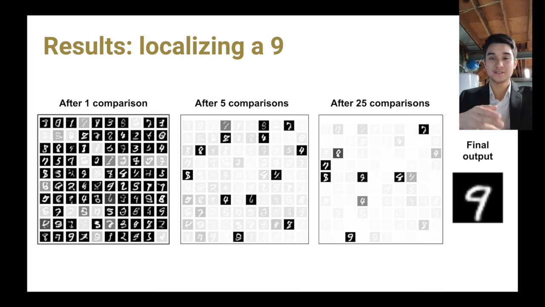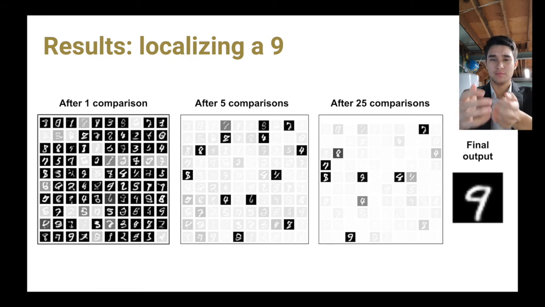So this model takes this gallery of random images that we generated, evaluates the Euclidean distance between those generated points and the ideal point that it thinks that I'm thinking of, and then it fades it proportionally to that distance. So in other words, digits similar to a 9 will be kept, while digits less similar to a 9 will be more faded. So one can see that after a few comparisons of these remaining digits,